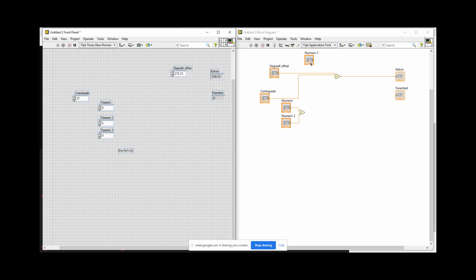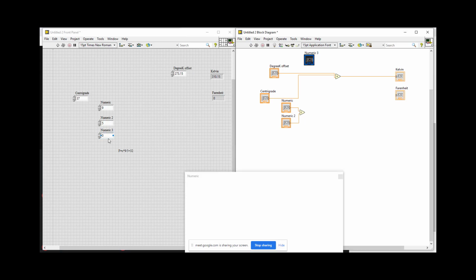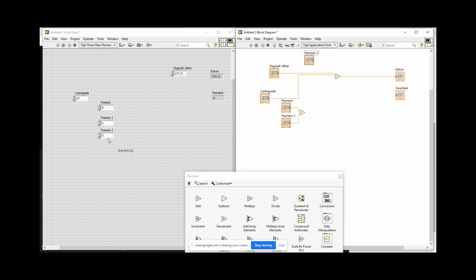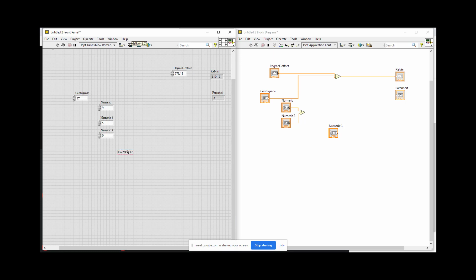That is very important. So whenever you need to find it, you can find it using the numeric 3 name also, but you can double click here. And look, whenever I am double clicking here, it is going to highlight this numeric 3. So right now I am keeping it here. Okay, so 9 is here, 9 divided by 5. Okay, and we have done this part. 9 divided by 5, we have to multiply it with the degree Celsius value.